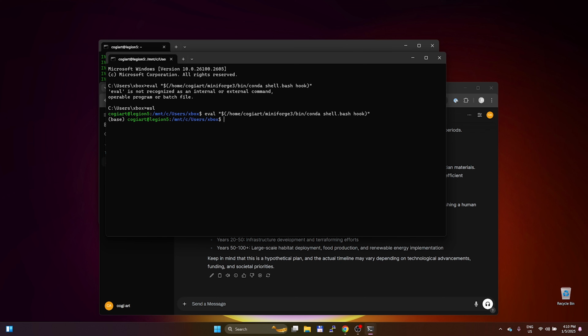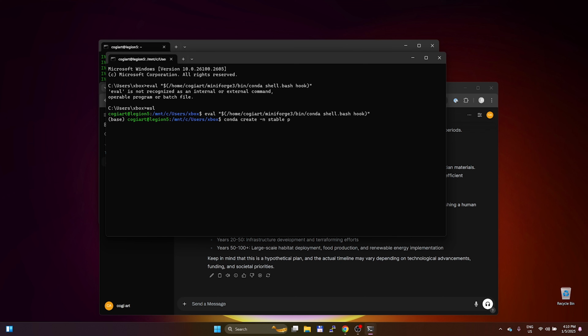And we're in base. And now we have to create a new environment. So conda create -n, which is name, but we shouldn't have two spaces. Stable, which is short for Stable Diffusion, and then the Python version.